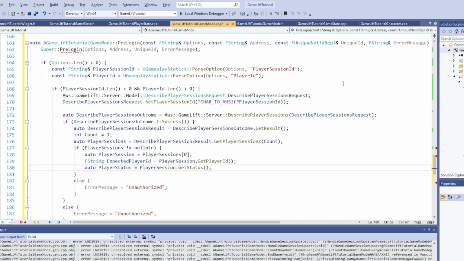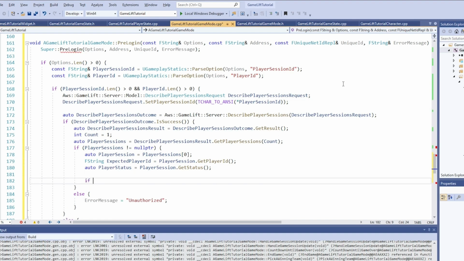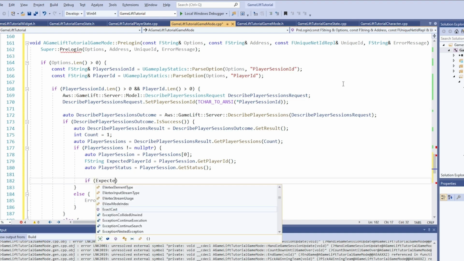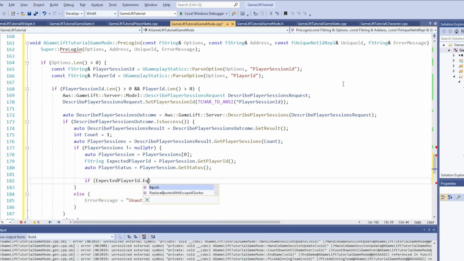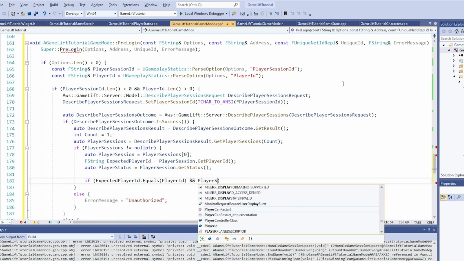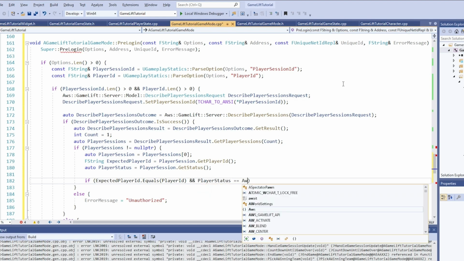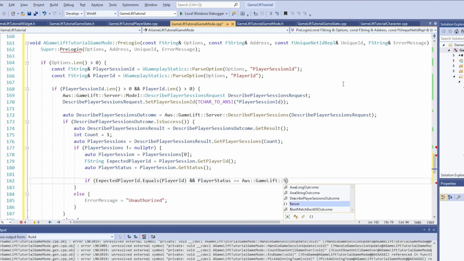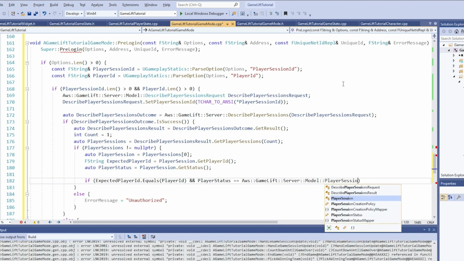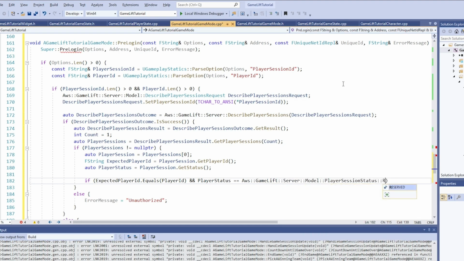So let's check two things. One, whether or not the expected player ID is the same as the one passing through the options, and two, whether or not the player session is in reserve status. So let's type if in parentheses expected player ID dot equals in parentheses player ID double ampersand player status double equals AWS double colon GameLift double colon server double colon model double colon player session status double colon reserve, and